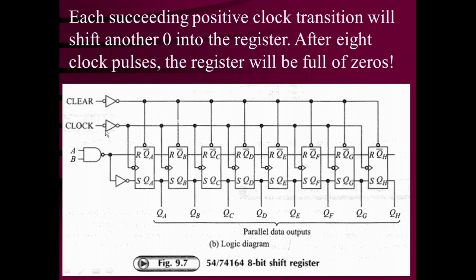So the nice rectangular train of pulses is going to be available to each flip-flop simultaneously. You can see that this clock pulse is given to each flip-flop simultaneously. So this data, which is inverted, will be available at R, and the same data, inverted 2 times, meaning no inversion, is available at S. And the true side of each flip-flop, QA, QB, QC, QD, QE, QF, QG and QH, is taken out on the pins of the IC, and that means parallel data is going to be available at the outputs.